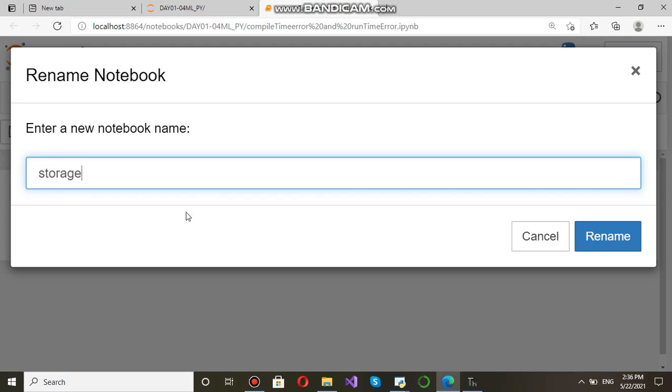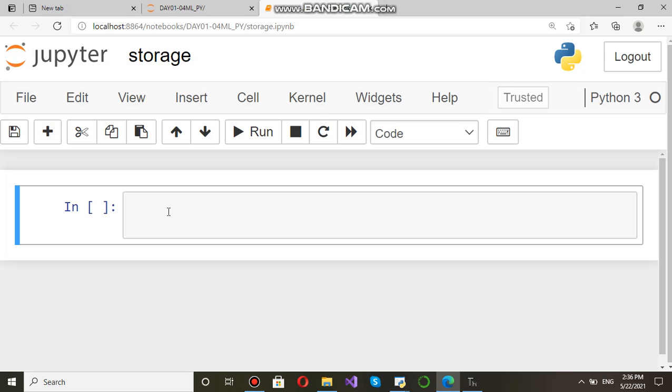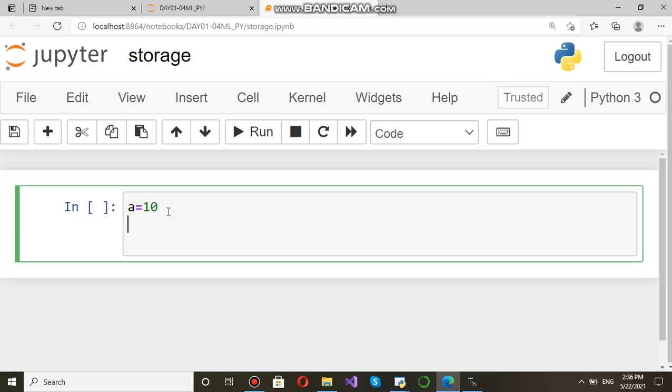A storage concept in Python. Suppose a equals 10 and b equals 20, right? So 10 is a value and it will be stored in heap area, and a will point to the address of 10.